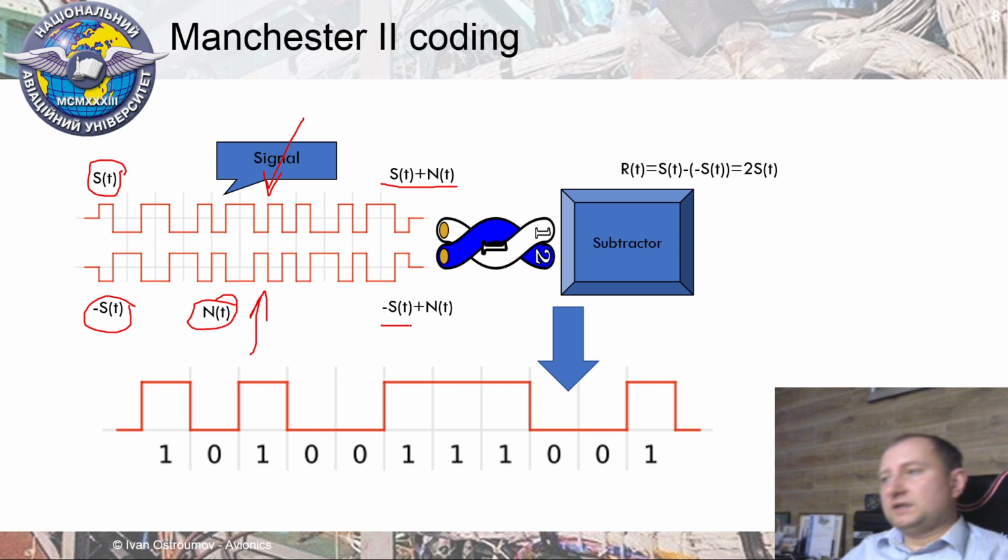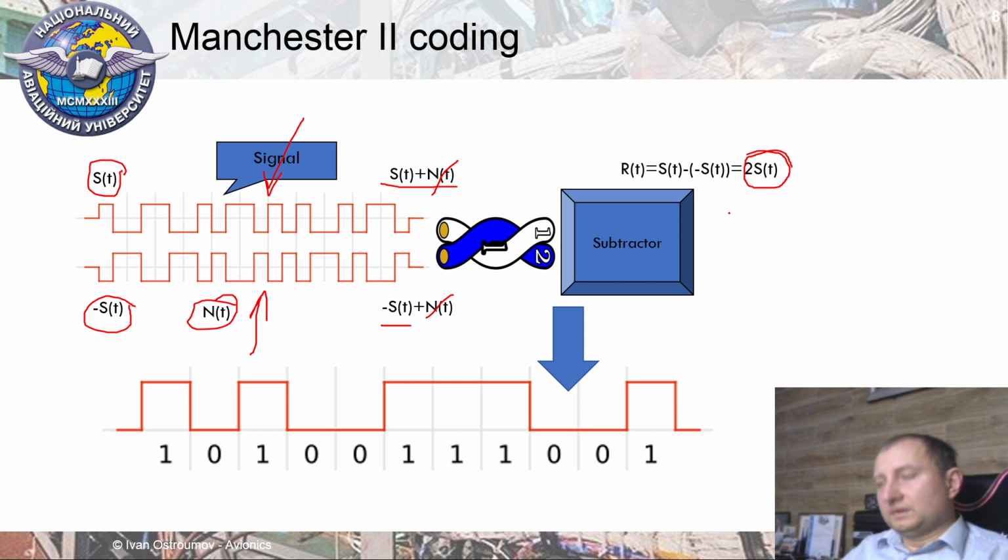In this case, S(t) plus N(t) minus S(t) means plus S(t) and minus N(t)... plus N(t) and minus N(t) can delete each other, and it means that we delete the noise from the channel. And at the end we will have double amplitude S(t), and this is another advantage of